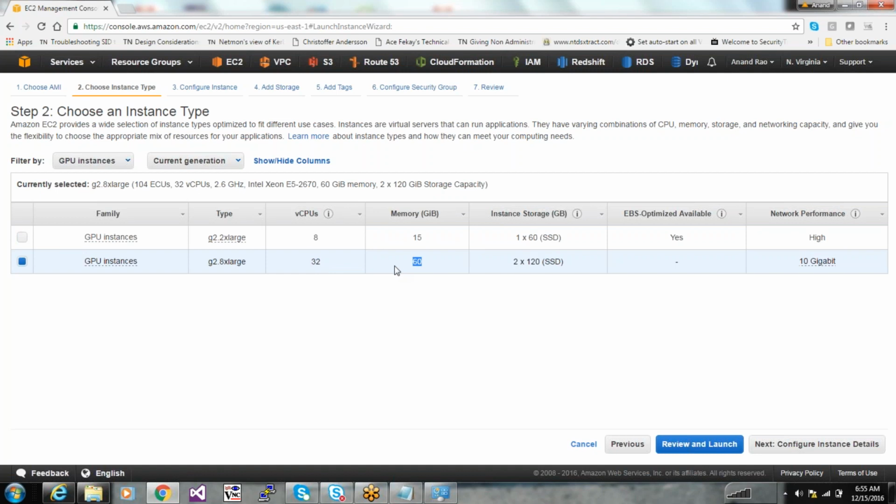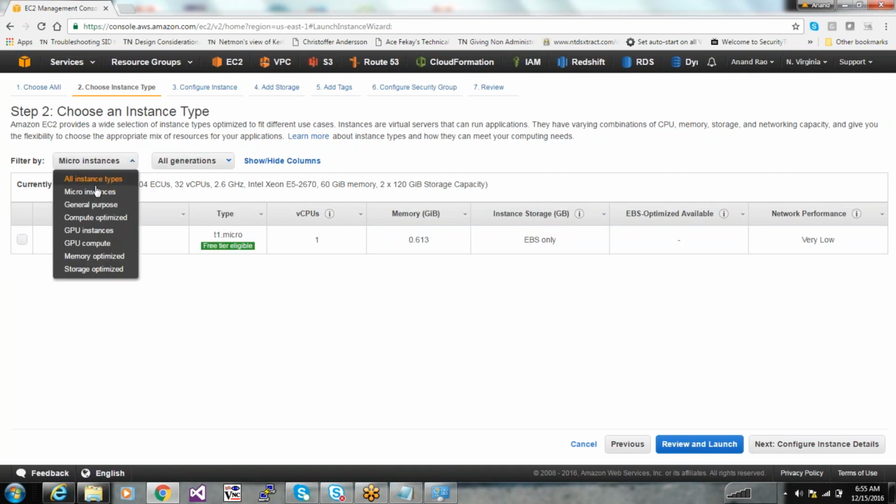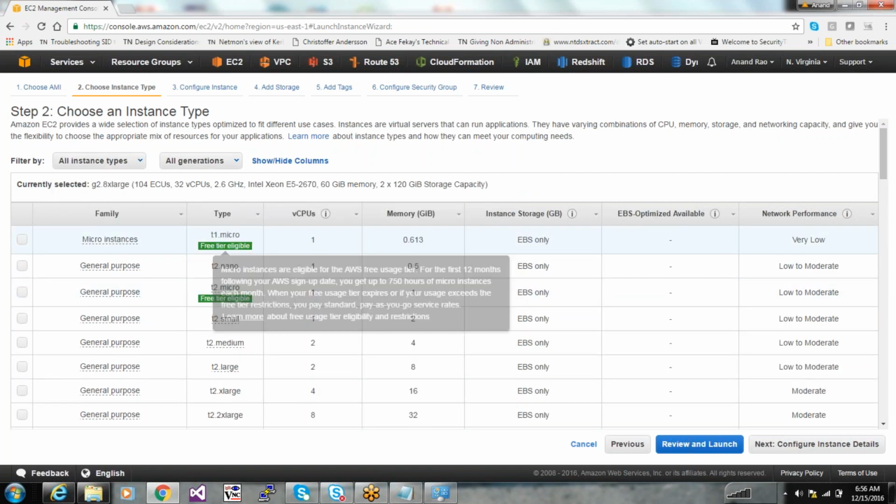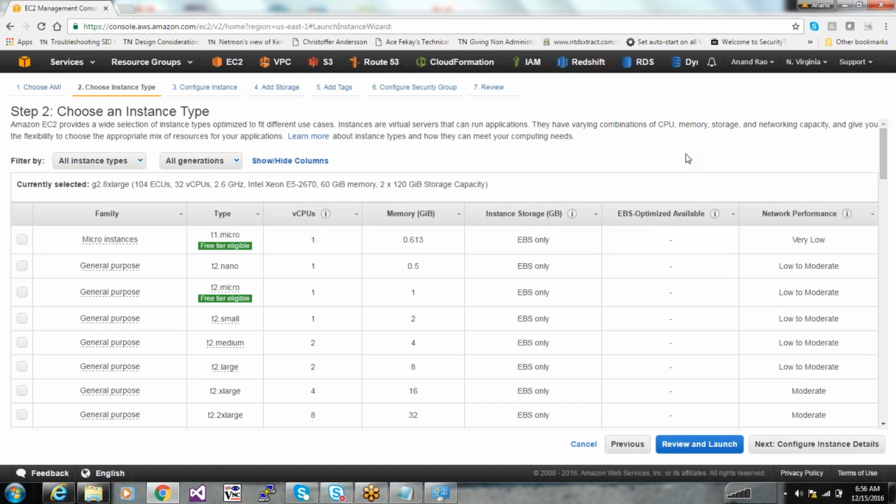That is a very high performance machine, and you will be charged accordingly. There are micro instances and general purpose instances used for general computing. For our testing purposes, we can select the one which says micro, or anything that's free tier eligible. This one, T2 micro, gives you one virtual CPU and 1 GB RAM.